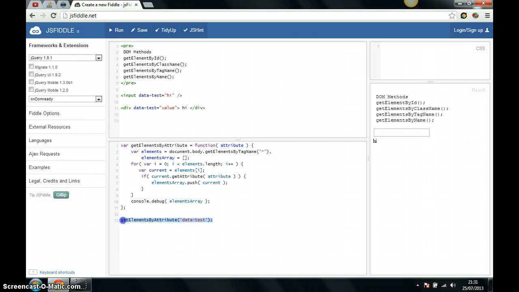We should take a little look at modifying these elements now. We just return that elements array now, so then we can hold that in a variable. So now we've created that, we can create a variable called